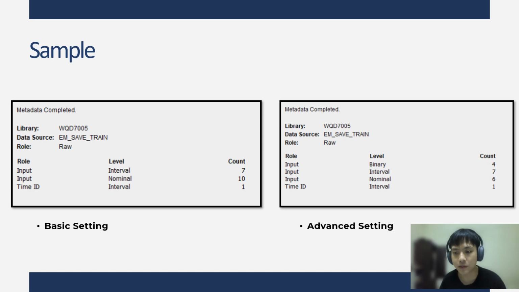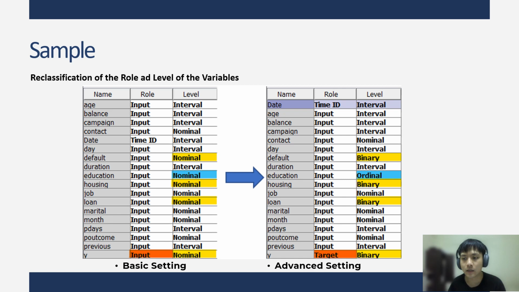Therefore, manual adjustments were necessary to modify the data type. In the reflection of the role and the level of a variable, we have distinguished four measurement levels: binary, interval, ordinal, and nominal attributes. This modification reflects the final sample result that we have done.